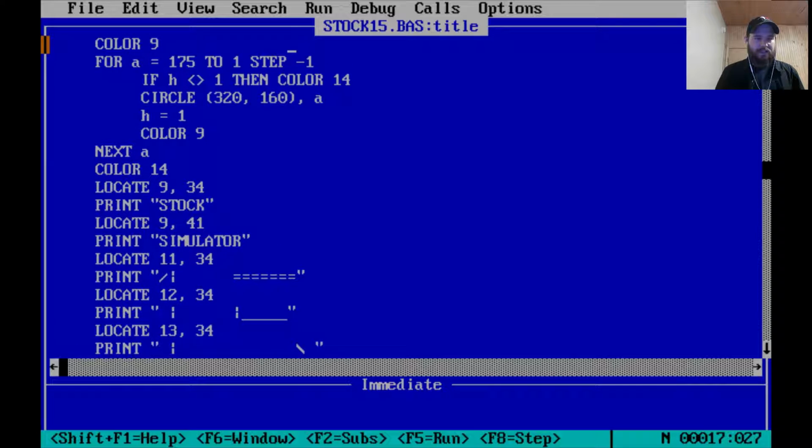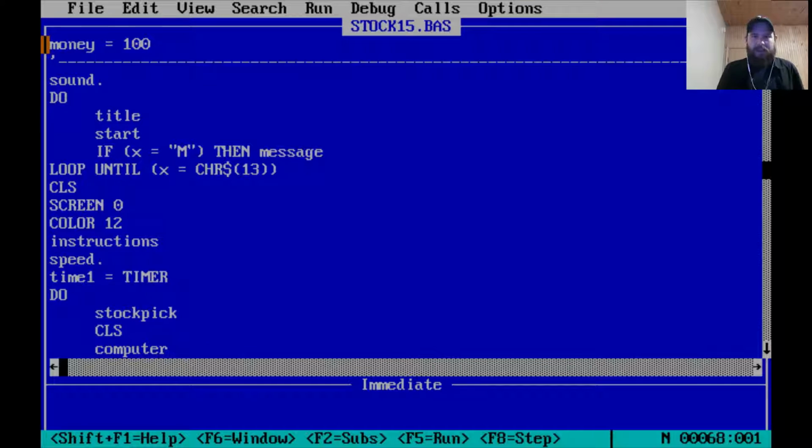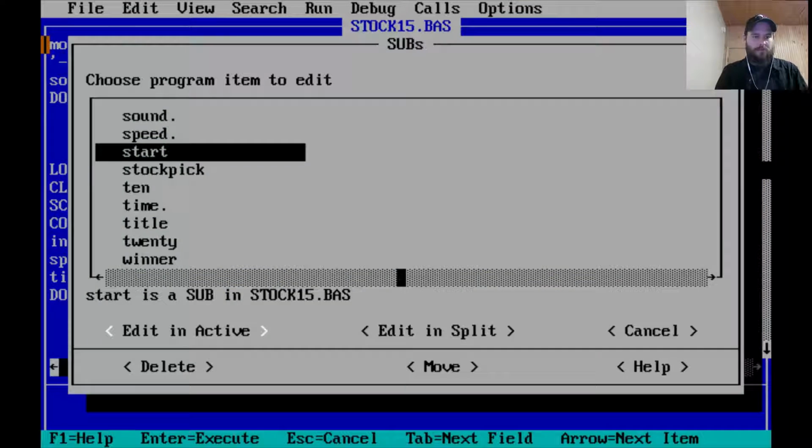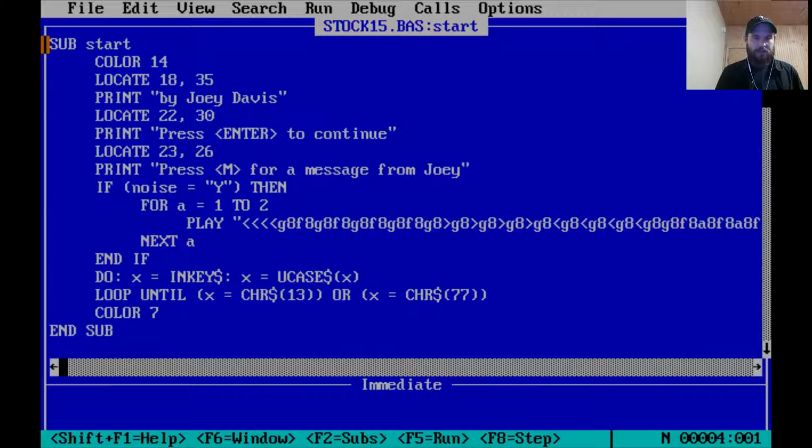Curious, this H gets set to 1. Now H is 1 at this point. We have to remember that. Okay, and then we do start, which is